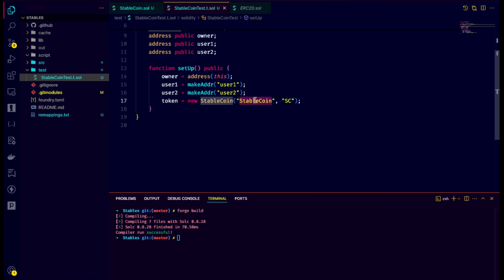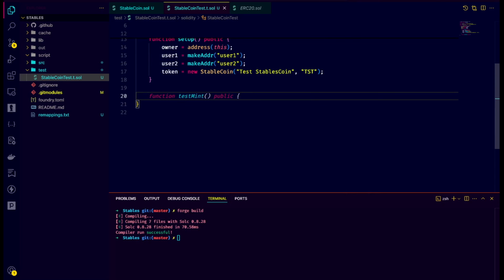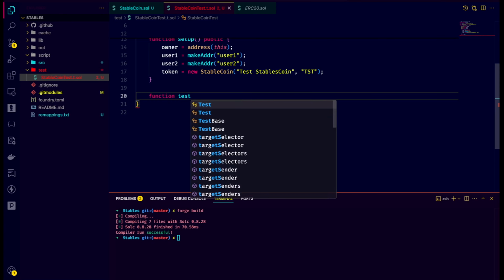a new StableCoin, and inside that let's name it Test Stablecoin, and TST as a symbol. And let's start testing. What are we going to test first? Let's first test initial state, function testInitialState,